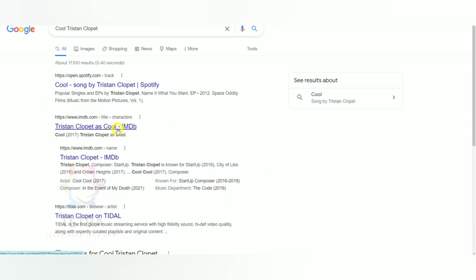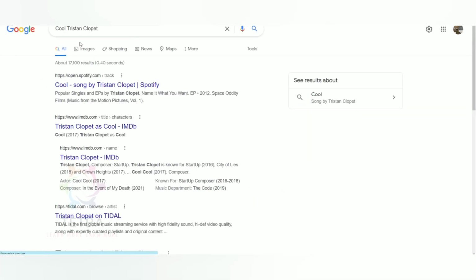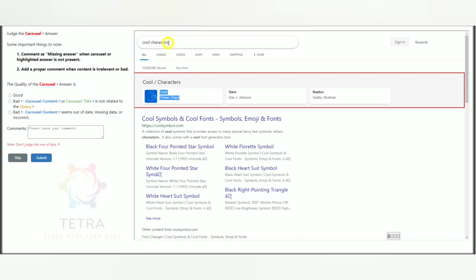By research we can see a cool song by Tristan Cropet. We can see this is Tristan Cropet, he is a singer and a popular singer. Cool song. So this is the cool song, and here the user is looking for cool characters. So I think it must be irrelevant.